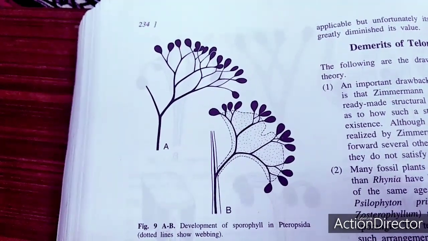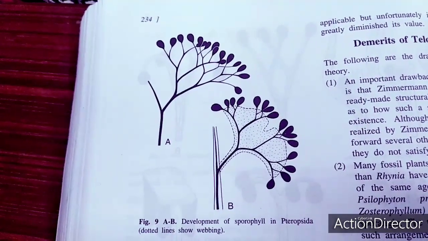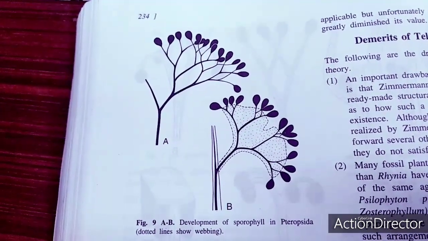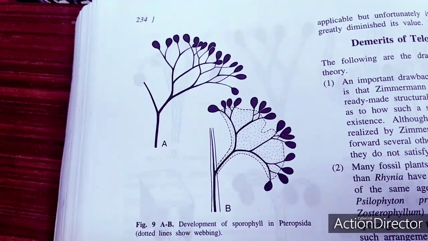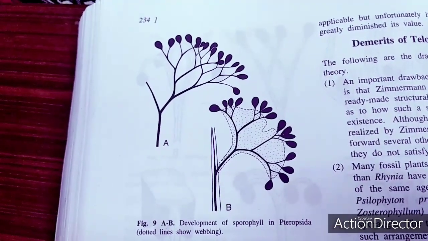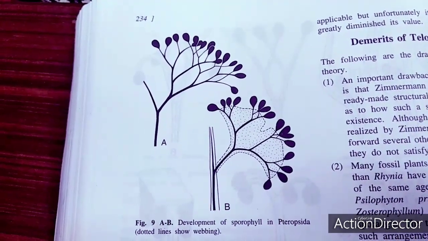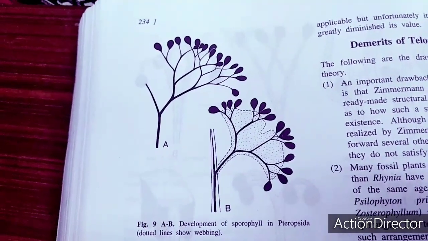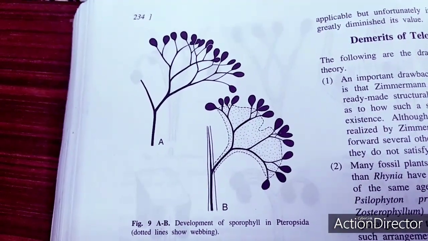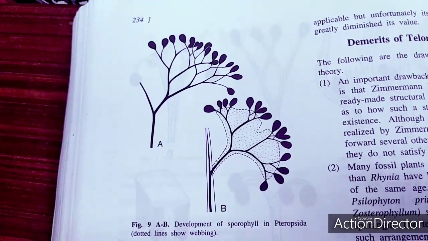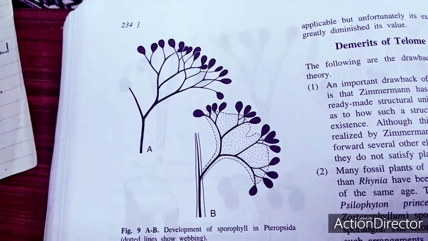Another question comes to mind: the origin of leaves. The ultimate branching of the dichotomous axis of the primitive sporophyte either transformed into sporangia, which is called the fertile telome, or remained as sterile telome, which is called the phylloid. Zimmermann, in 1930, suggested microphylls originated by gradual reduction of the sterile telome, and megaphylls by a process involving planation and webbing. These are ultimately forming the structure which we are calling leaves.